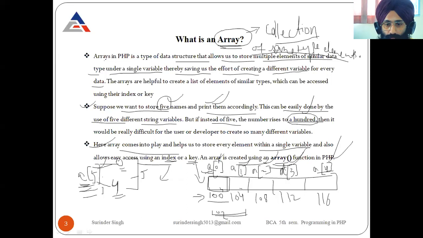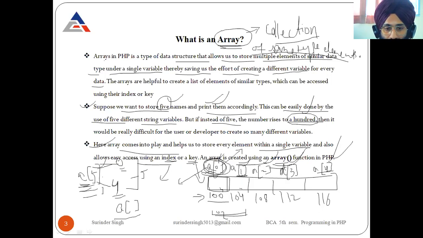Is it clear to you how we can access array elements? And this is called a subscript variable. What does a subscript variable contain? A subscript variable contains the array name and an index value enclosed in square brackets. This square bracket is also called dimension.